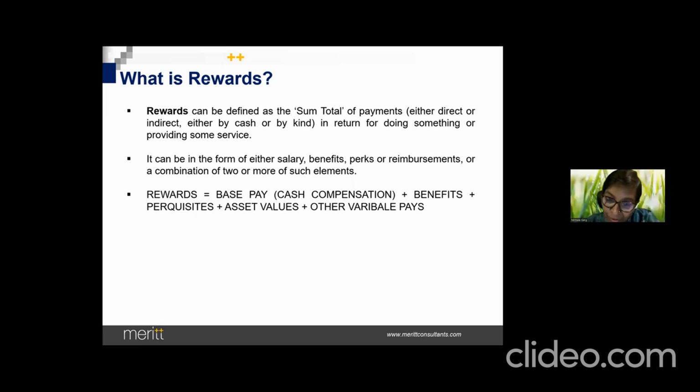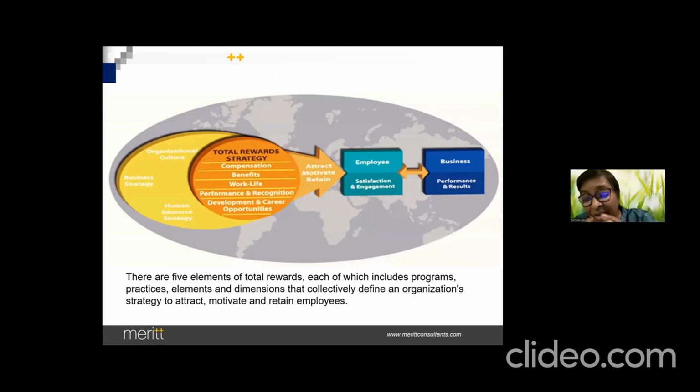Okay. So I want you all to understand this very well because today, if you say you are a compensation and benefits person, you really need to understand this total rewards concept. A lot of research has been done. One of the most important bodies, the American Compensation Association, which has become WorldatWork, some of you must have heard about it, has actually coined the total rewards.